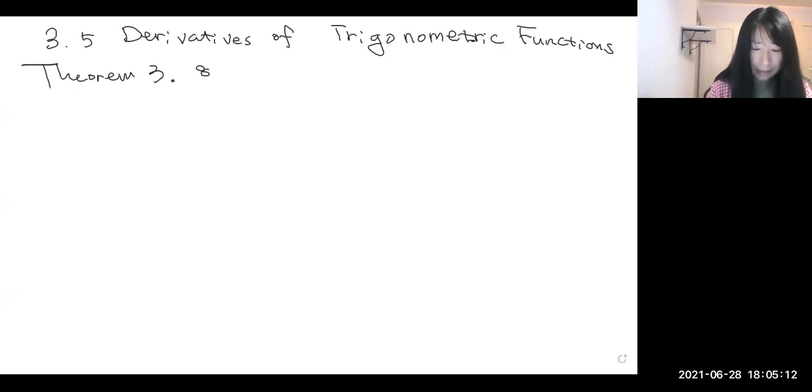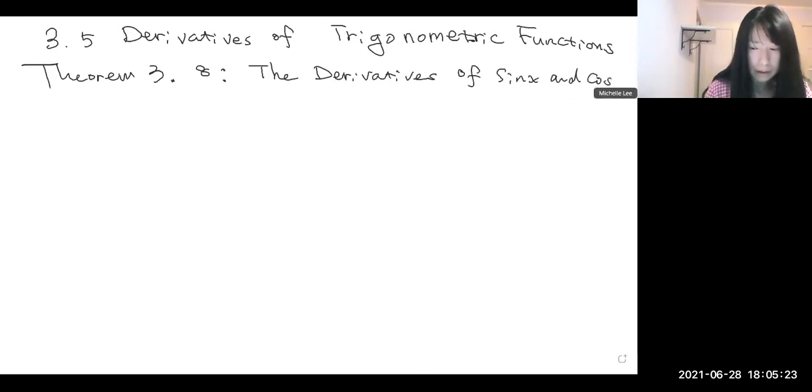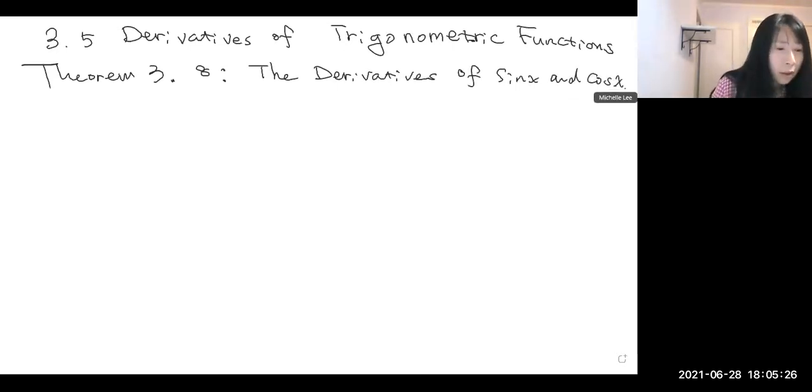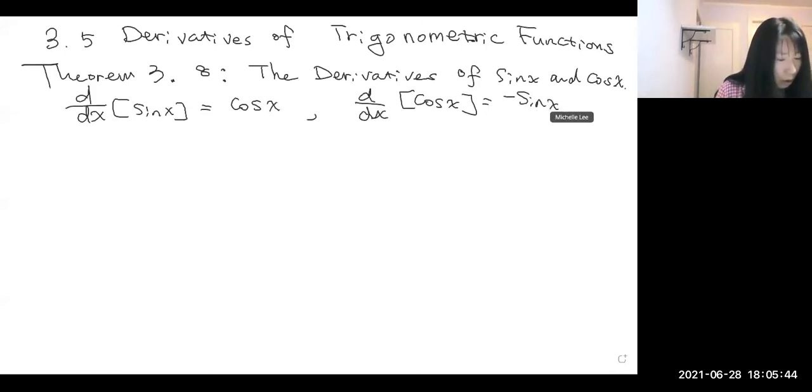The derivative of sine x and cosine x. So we do d over dx sine x, we get cosine x. If we take the derivative of cosine x, then we get negative sine x. Okay. So let me show you